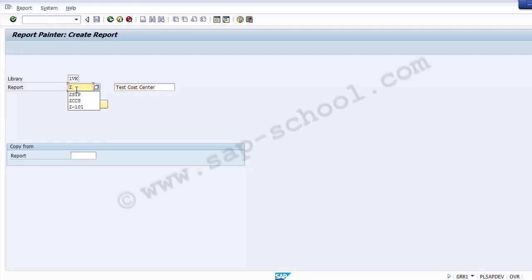Suppose the report name I am assigning is test cost center, and I am taking it over here as ZSIP1 or ZSIP001, and I would be copying this report from a standard report, that is 1SIP001. So once I have defined the library in which I want this particular report to be taken up,